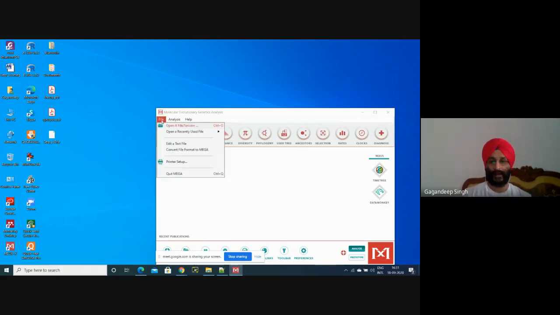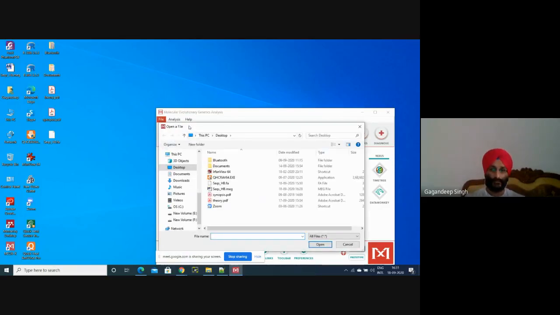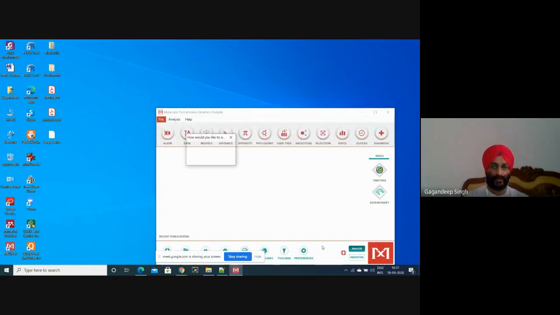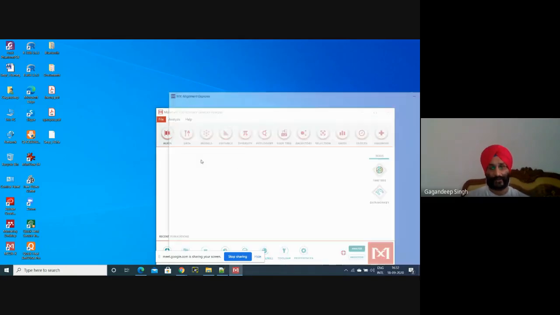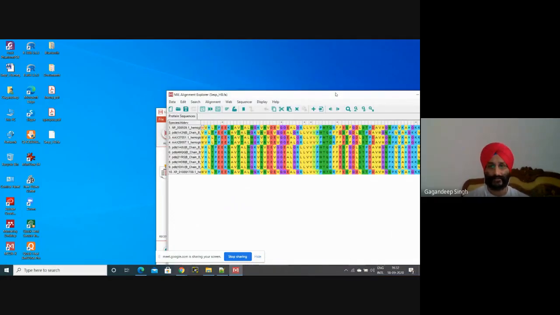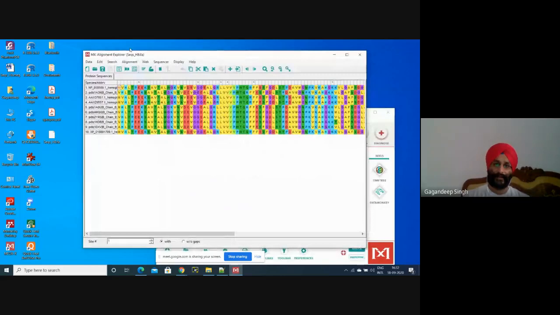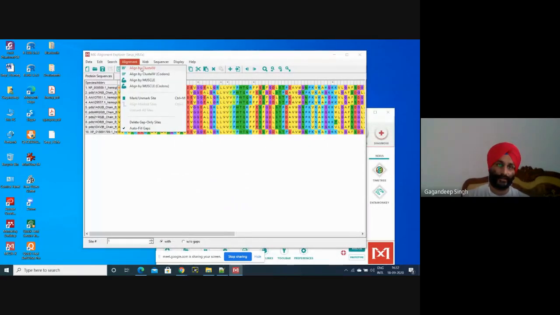Please write file, open file, then open a file or session. I have sequences in sequence hb.fa. Then I'll open. What we want to do, because we are starting with basics. After aligning, we will analyze. So first we'll align, after that we'll analyze. Align, and the alignment is based on Clustal W alignment.